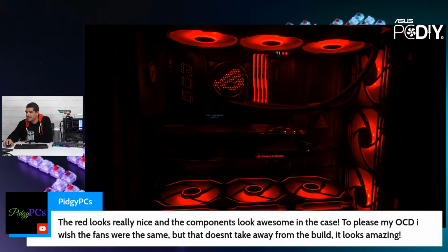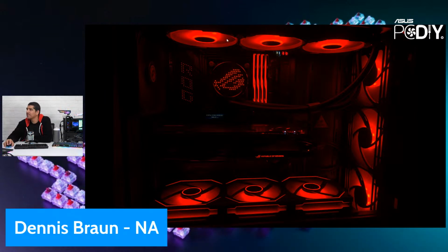PGPC says that the red looks really nice and the components look awesome in the case. To please my OCD, I wish the fans were the same, but that doesn't take away from the build. Yeah, I get that. That's always a tough one, right? Because those are the fans that already came with it, and so these have the nice ring fan barrier design that comes with the Ryu, right? But I kind of like a little bit of the split design, but I could see where if you match them, right? Actually, I think you would lose performance though, because the Lian Li fans actually have lower static pressure performance